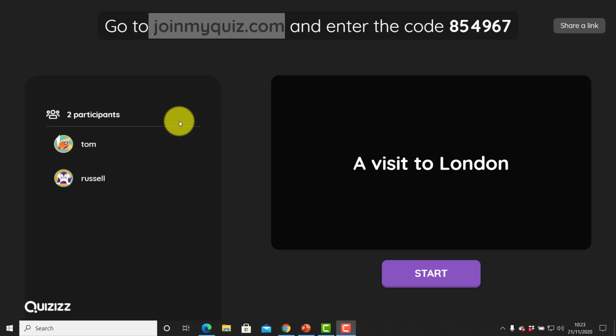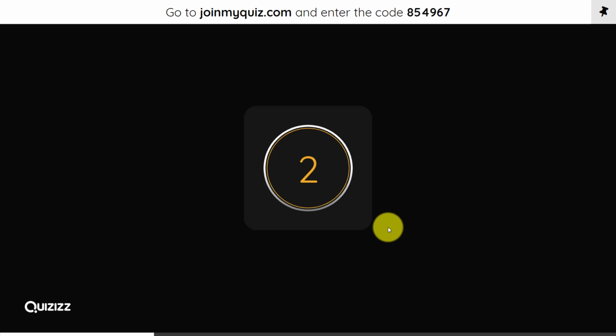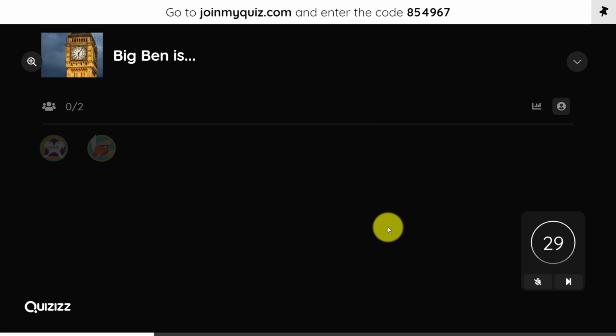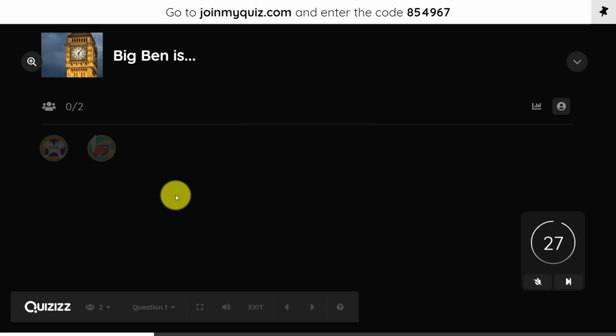Now we're back in the game, and we can see that there are now 2 people that have joined the game. We can delete anyone out of the game if we need to do that, and it's always a useful thing. But now I'm going to start the game because I know everyone is in the activity. So I click on start, and it's going to tell me that the first question is coming onto the screen. Okay, and obviously I'm waiting now for the students to give their